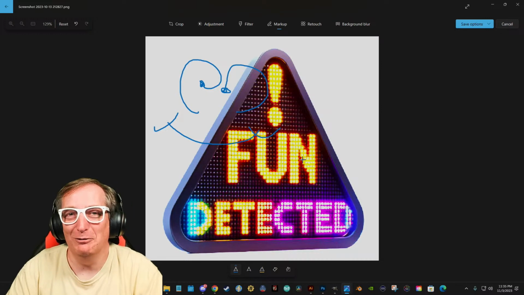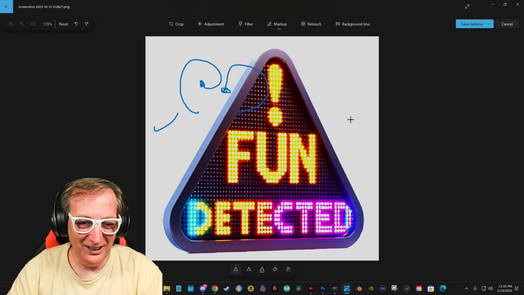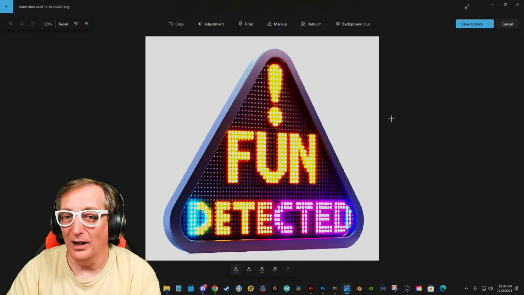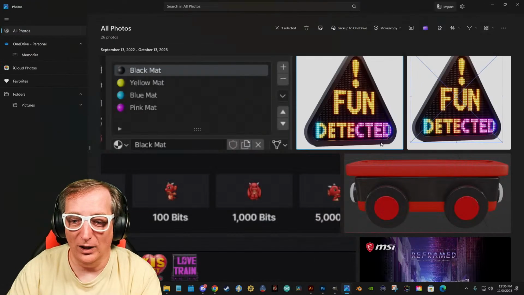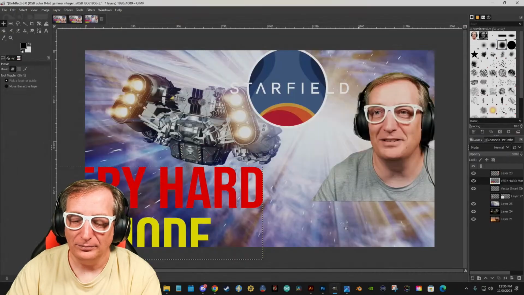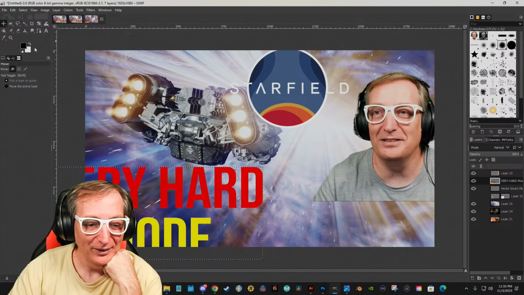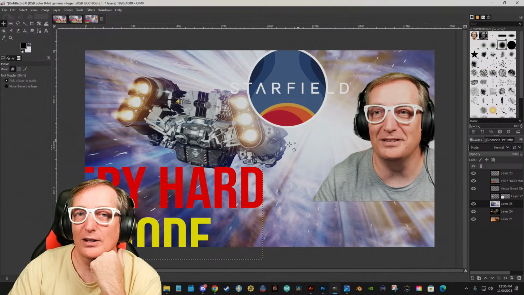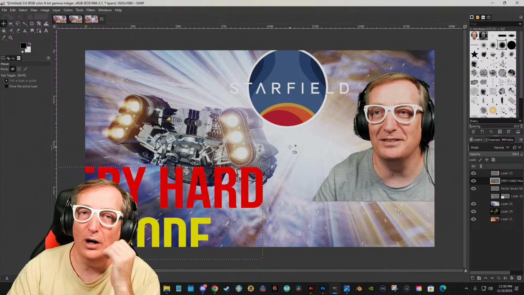Something like that, whatever you feel like doing, right? And then you can go Command Z to undo it. So you have a Photos program built in as well. That's totally free, as well in Windows. And so you have all of these options that you can do, but the hardest thing is